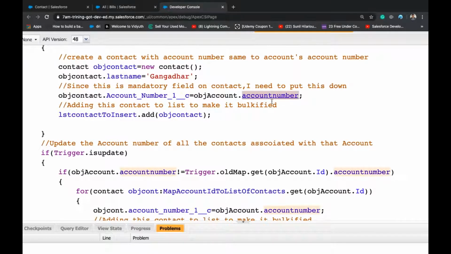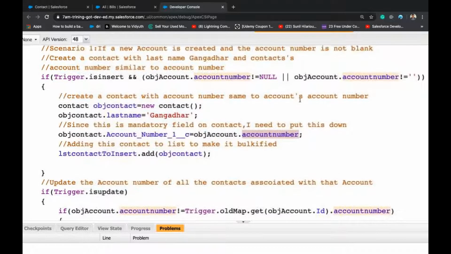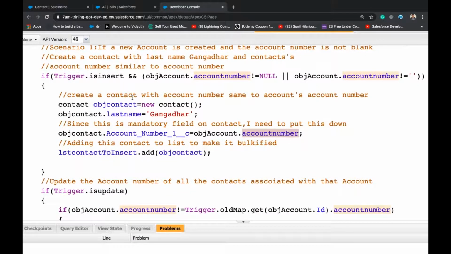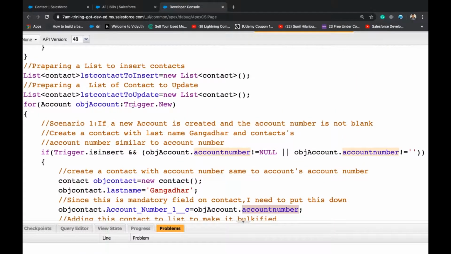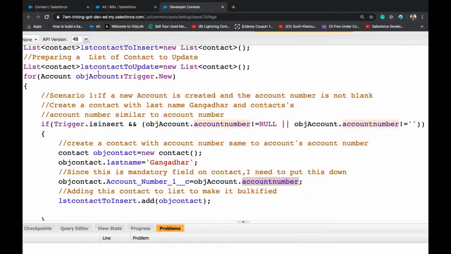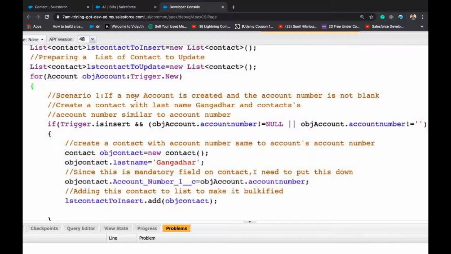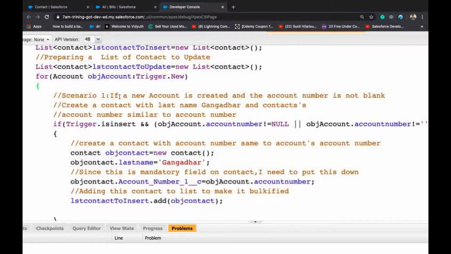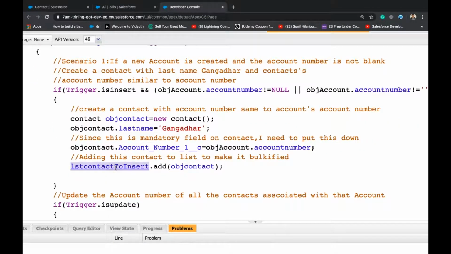So account number from the trigger dot new, right? Obj account is from the trigger dot new. Is copied into account number 1 field. Okay. So then add it to the new list.